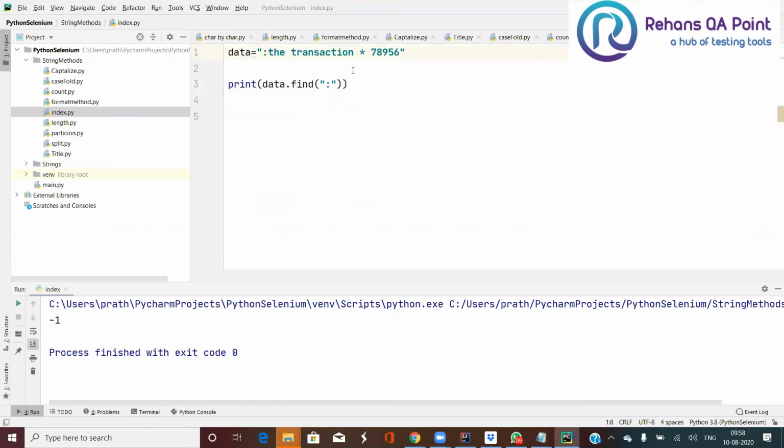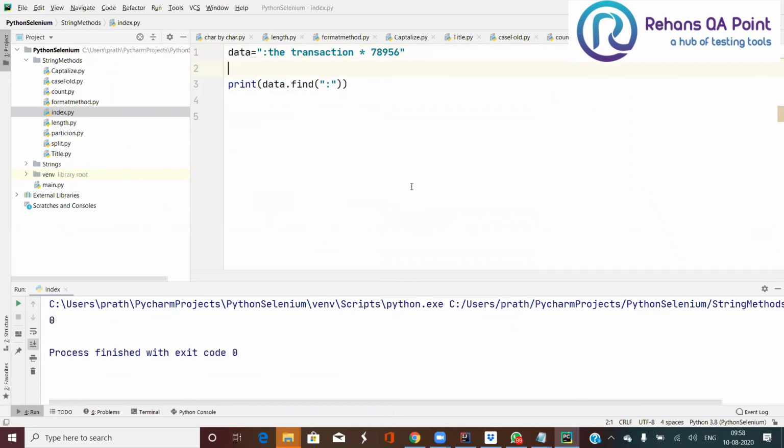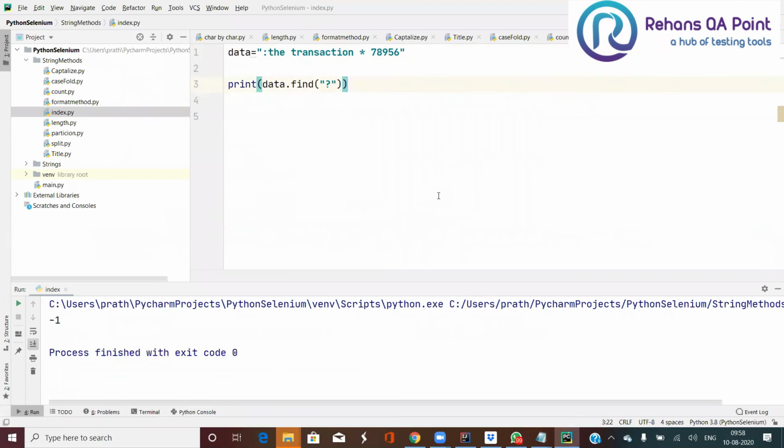The first character of the string might be the word that you're looking for. In such cases, I'll be getting 0. If I give something else, that will be less than 0. So if a match is found, then it will be equal to 0 or greater than 0. If no match is found, that will be less than 0, which is nothing but a negative value.